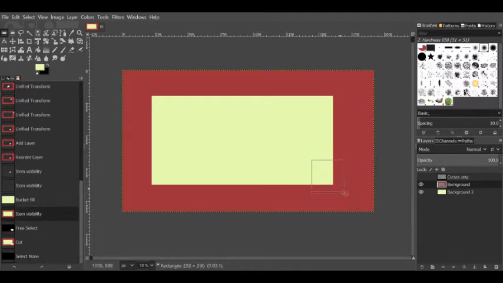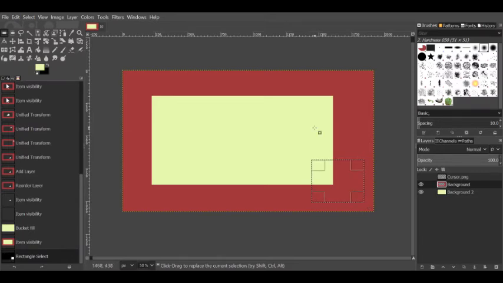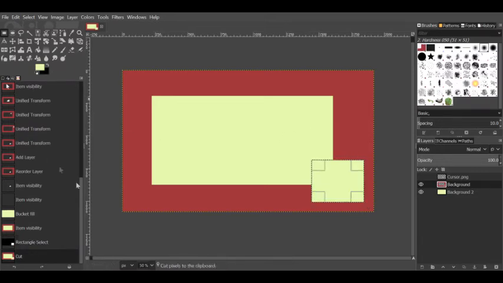So let's just do another rectangular select. Do something like this. I'll go again. And this doesn't look awful. I mean, it's nothing special or anything. But now that we have something that we can consider a background, I want to be able to make both of these invisible at the same time and keep these together. Well,